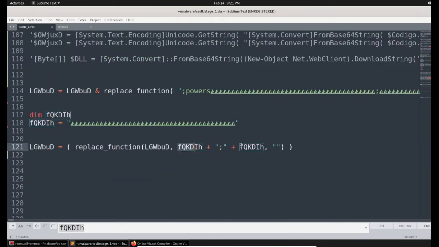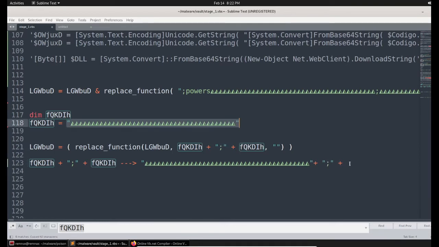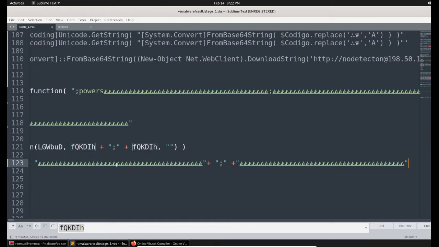If we need to write the values for this, we need to write this, and the same thing once again. Which means this non-printable character is separated by the semicolon, and again the non-printable character.